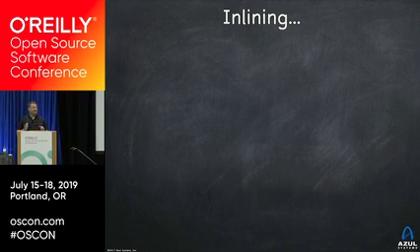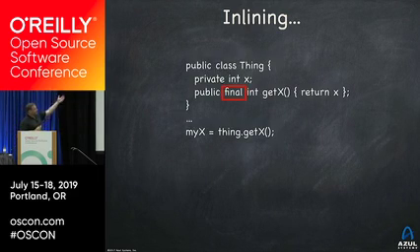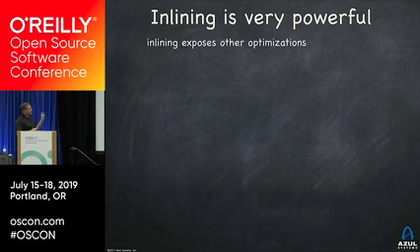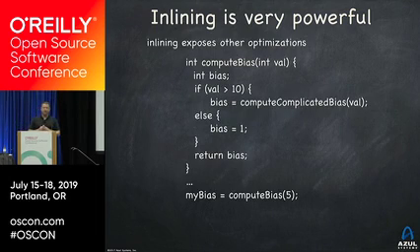Inlining. Inlining is the most powerful optimization there is, actually, but not for the simple reason most people think it is. Here we have a final method. Here's a call to that final method. I'm allowed to inline the method at the call site and not actually perform the call and the return. So here I eliminated the overhead of calling and returning. But that's the small part. The real power of inlining is the fact that it allows me to use all the other optimizations we talked about and many others across an inlining boundary. So let's go back to this method, but this time I don't know what the value is.